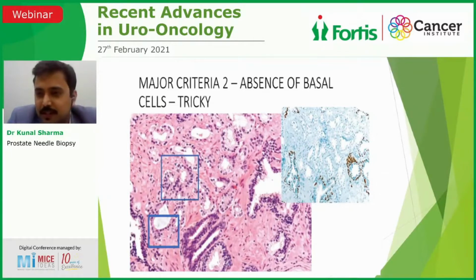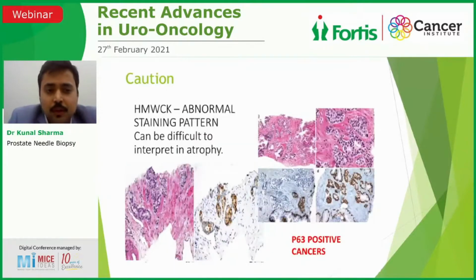The second important thing that we need to look at is the presence or absence of basal layer. Now, whenever the basal layer is gone, we are dealing with something which is neoplastic. But this can be tricky. So we usually see it with a cocktail of IHC markers, which includes high molecular weight cytokeratins, P63 or CK5/6, along with AMACR. What we have to be careful about is that the loss of HMWCK or P63 is what signifies cancer, but there are certain tumors which might have them retained, especially the ones which have urothelial or squamous differentiation in them. Also, HMWCK can have abnormal staining patterns, which can be difficult to analyze in atrophy.